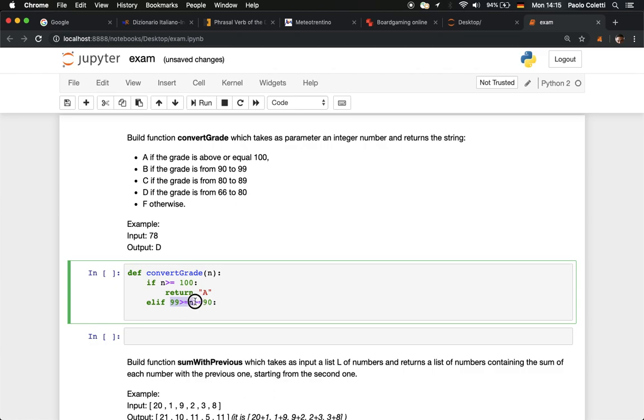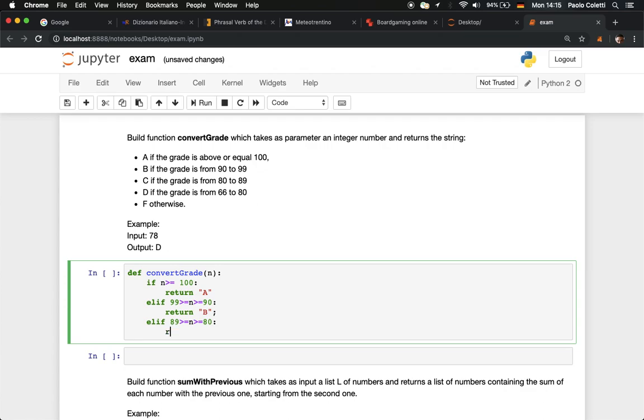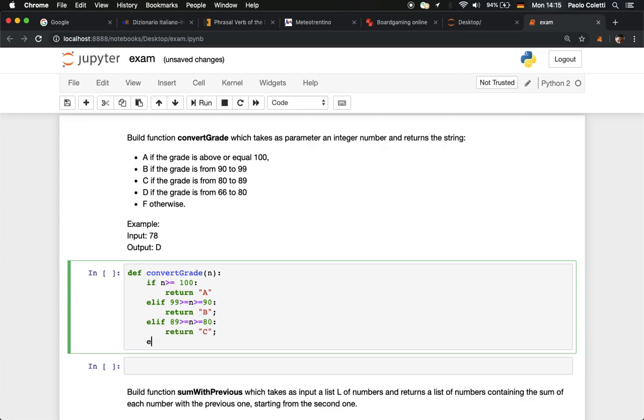This one is fine because you're sure that it's integer. Return B, elif, same thing here, 80, 89, so 89 larger equal and larger equal 80, colon, return C, elif,